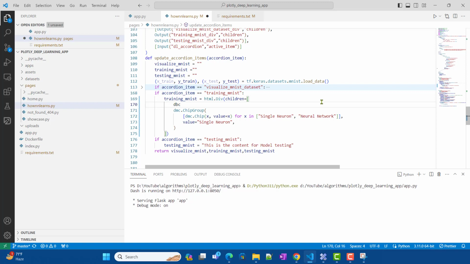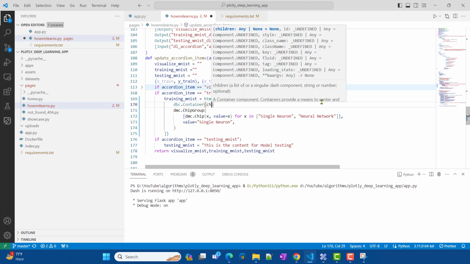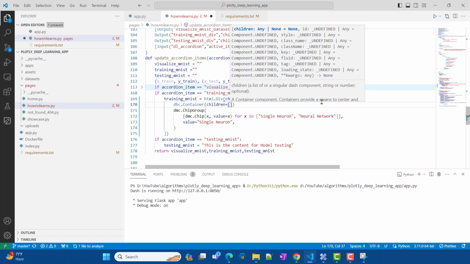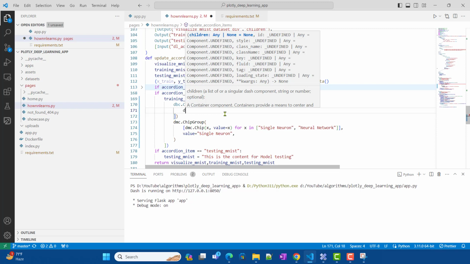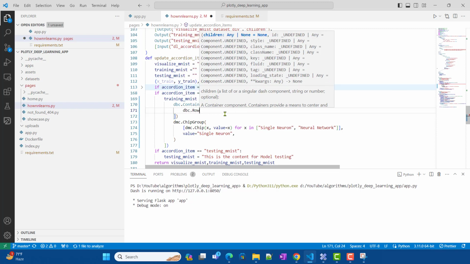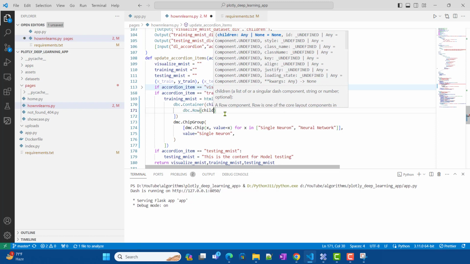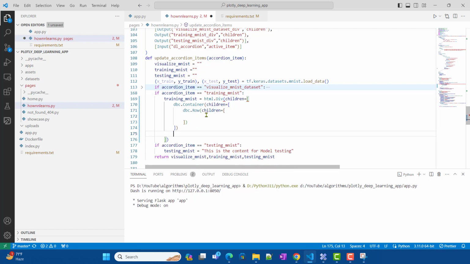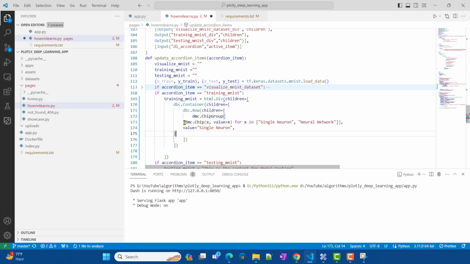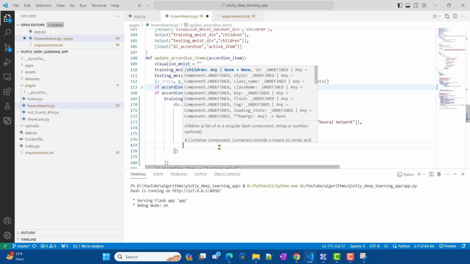So we will be using dbc.container over here, right? Children equals to this. Now once we have created the container, we can create the row and columns over here, right? For now we just need a row. In the first row we will have this chip group right here, and in the second row we will have dbc.row